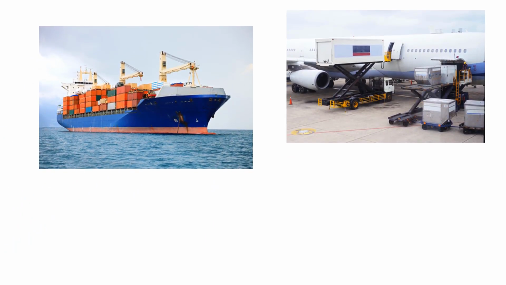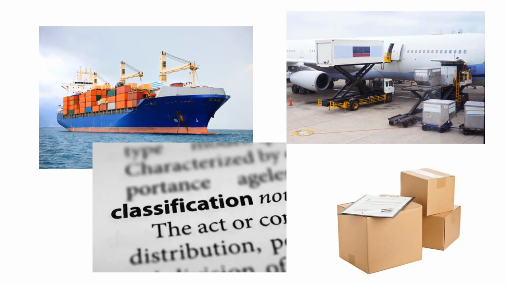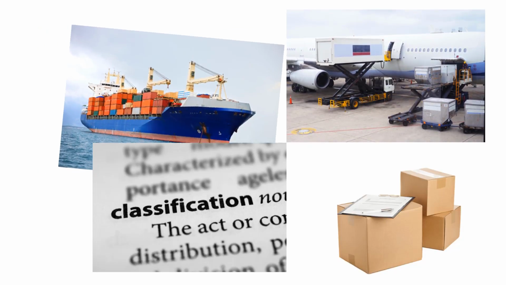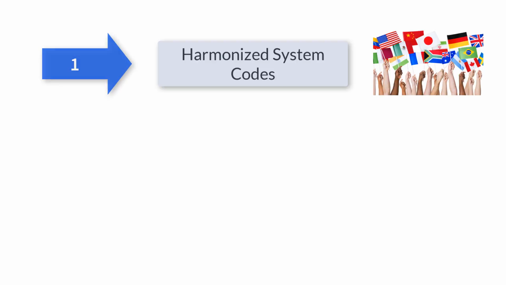One of the fundamental aspects of international trade is the proper classification of the goods being imported and exported. The Product Classification Wizard helps with 3 types of classifications. First, the Harmonized System codes are used by customs in any country to determine import duties, taxes, and other import